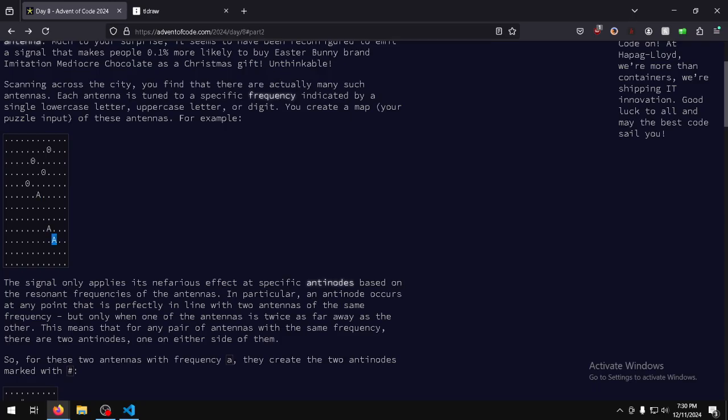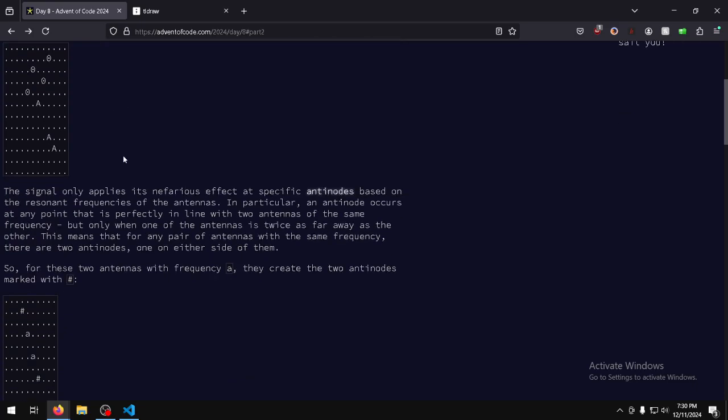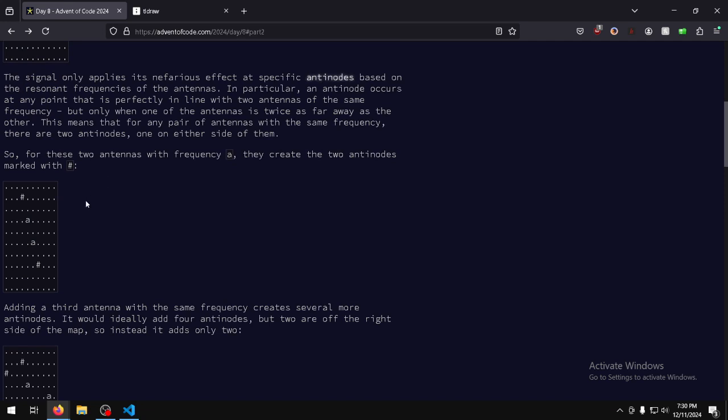So these 3 antennas are on the same frequency, and these 4 antennas, all these zeros, are on a different frequency. Any 2 antennas of a pair can be combined and can create an antinode, which is just, in our case, a hashtag mark, at where the next antenna would be if following the same